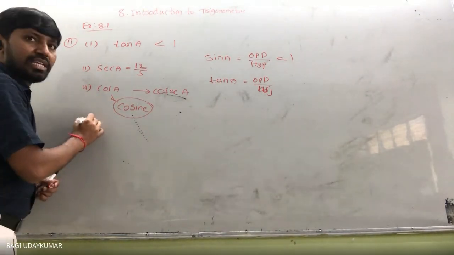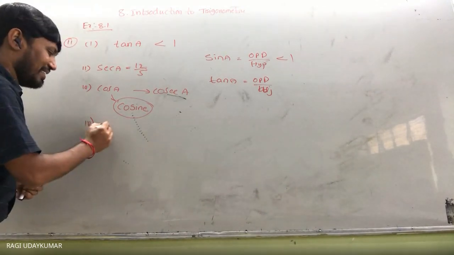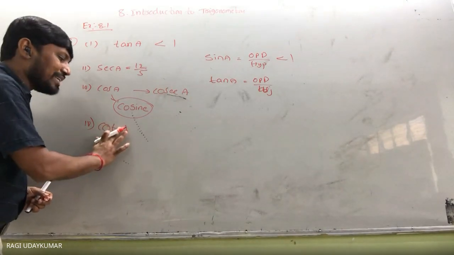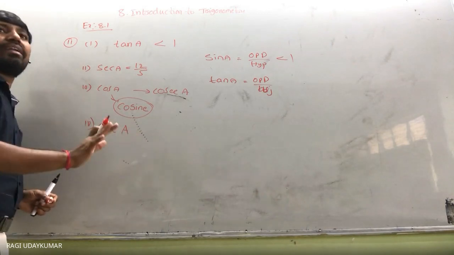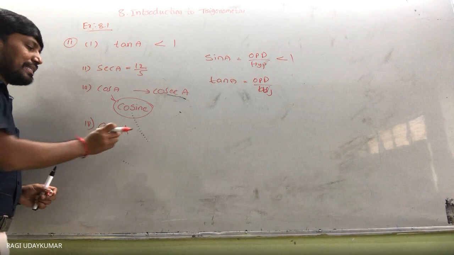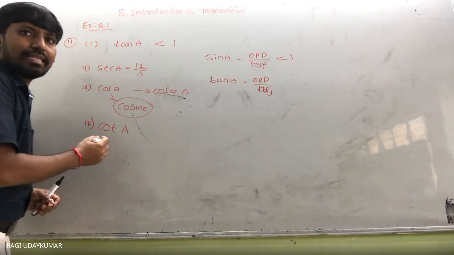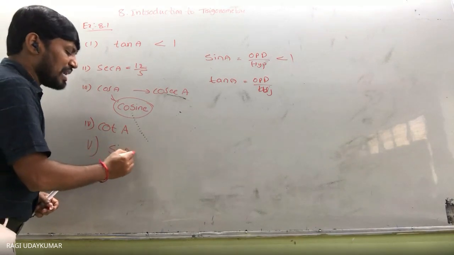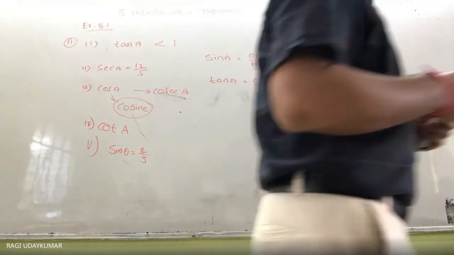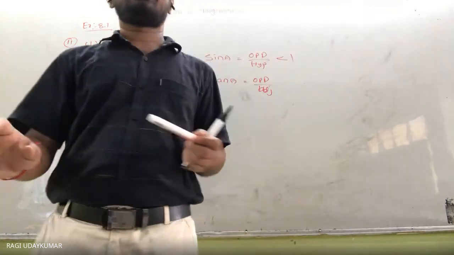So now here fourth question is given to you. Cot A is the product of cot and A. ये product नहीं है, into नहीं है. Cot, yes, ये together लिखना पड़ता है, but it is not a product. Yes, it is angle. Always here angle you should have. So now fifth question is sin theta is equals to 4 by 3. Is it possible? No, ये false है. Because sin always numerator less than the denominator. This condition is required. Okay.